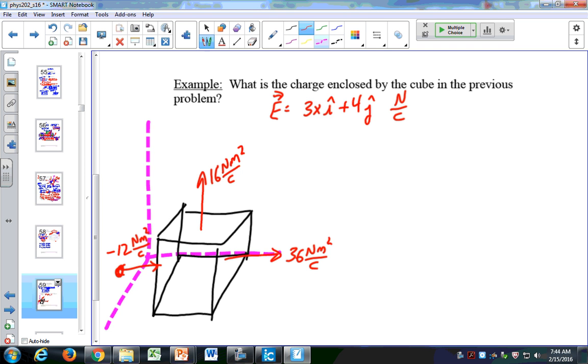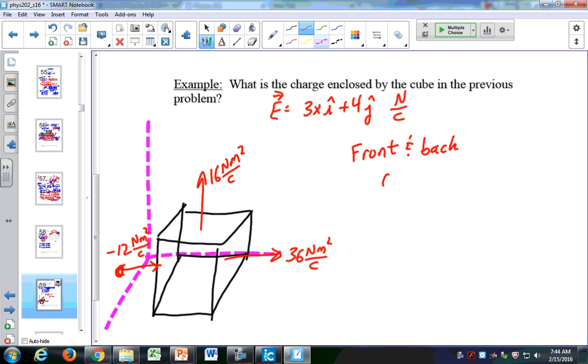Now some of these are going to go to 0. Can you think about which one of these will go to 0? Will it be the bottom, the front, or the back? The front and the back. Why is it going to go to 0? So if we think about this, for the front and the back,